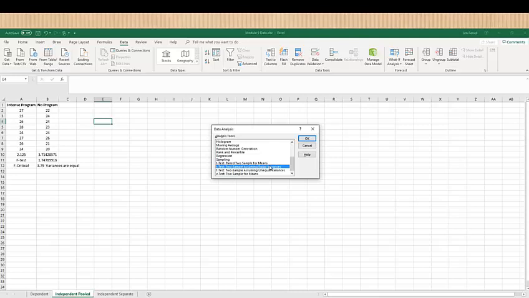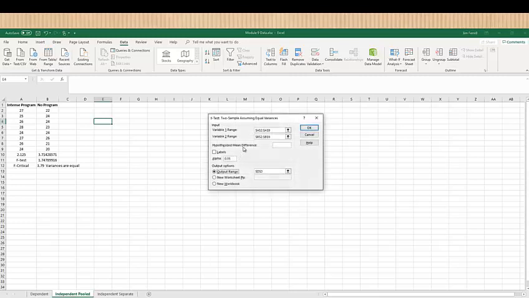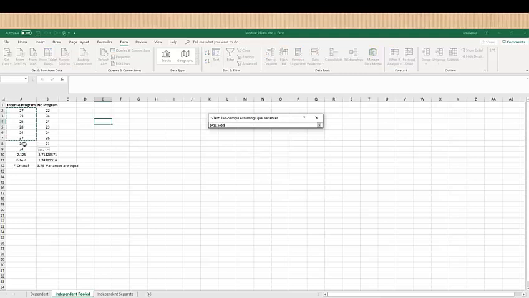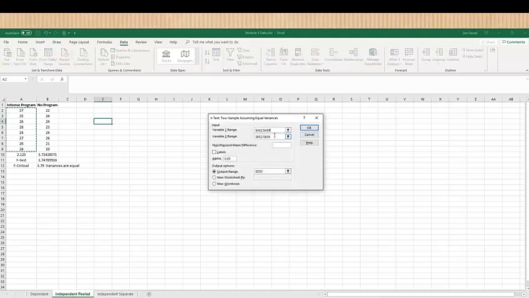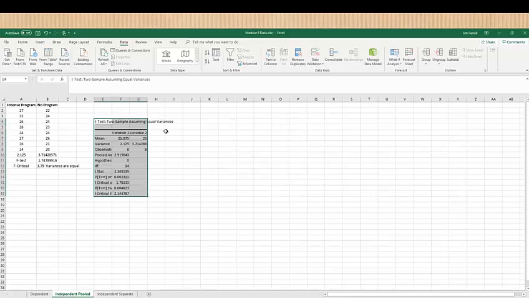Again, we input our range 1, our range 2, and our hypothesized mean difference is 0, so we leave that the same. I did not include labels. Our alpha is at 0.05, and our output we're going to put right here. And when we click enter,